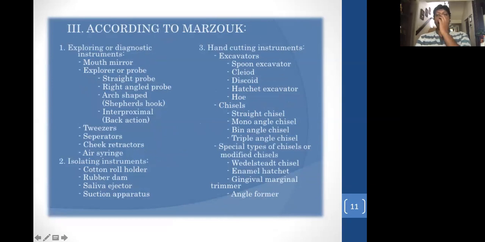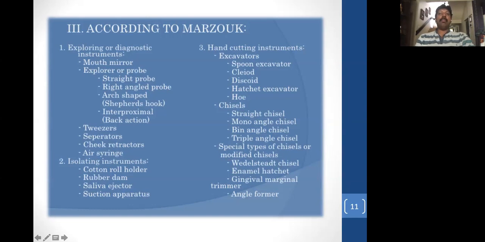I must have given you a demo. Most of the people I had given a demo of how to arrange your instruments. Okay, how you are arranging instruments on your table, I have shown all the instruments according to the use. This is exactly according to Marzuk. This is the one, it is very practical, which we arrange day-to-day in your preclinicals or clinical purpose.